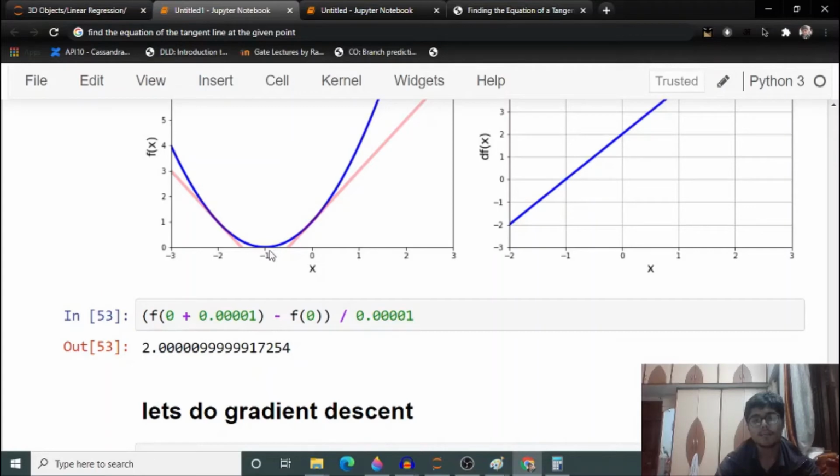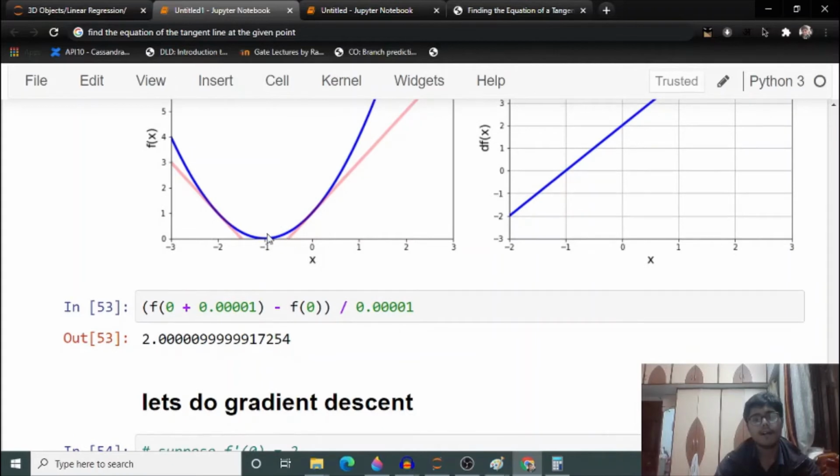You will reach the point -1 where the derivative is 0, because the tangent at -1 is flat, the x-axis is tangent here. So you will arrive at the minimum by just iterating this process.